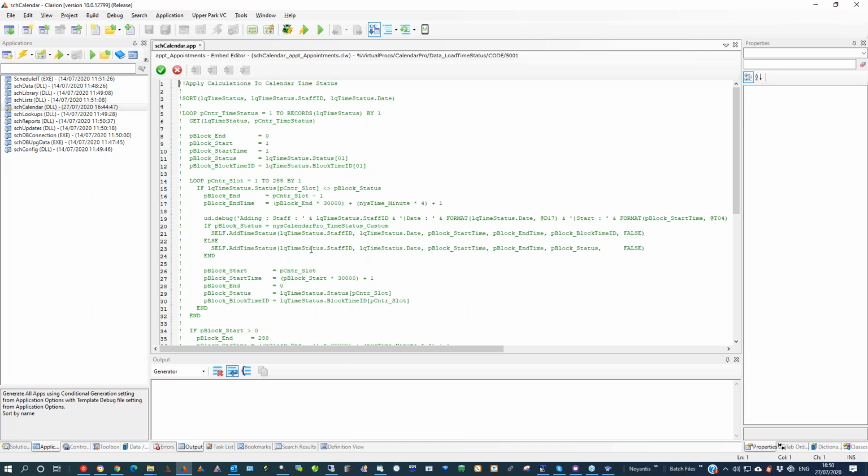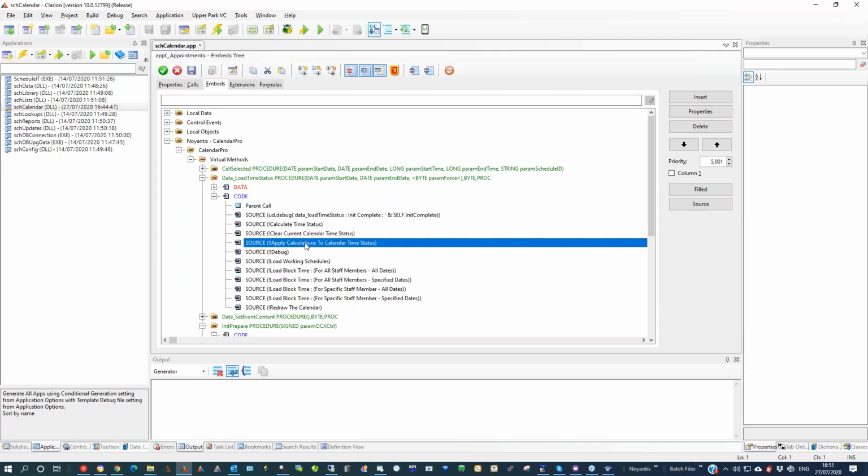Now what you want to do is to apply the actual add time status to a particular day and time. So you can say add time status to a staff member, to a date, starting at what time, ending at another time, and what status number it is. Now, if it was 4 for staff meeting, you would put 4 there, something like that. So you do need a combination of the two. This one depends on the date range that you are looking at, hence why it's in the load time status,